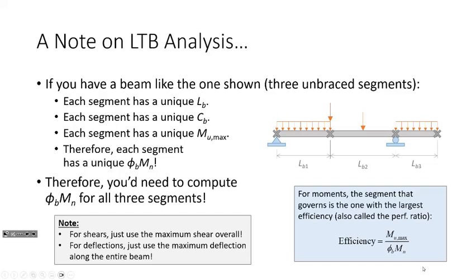I did want to mention a note on lateral torsional buckling analysis in general. Up until now, we've been doing what I would say are really simple problems. Like we've had a simply supported beam with a uniformly distributed load, or maybe a better way of putting it is up until now we've been doing problems that can be categorized based on the structural analysis aids. Like table 3-23, we just find one of the cases and use those.